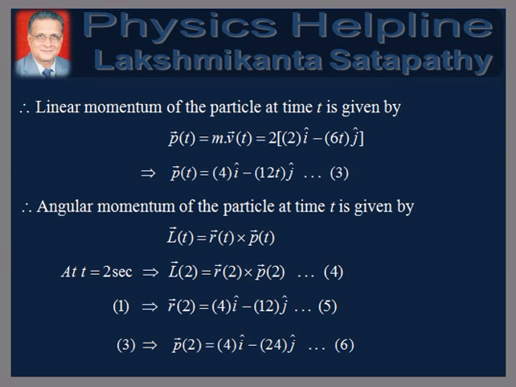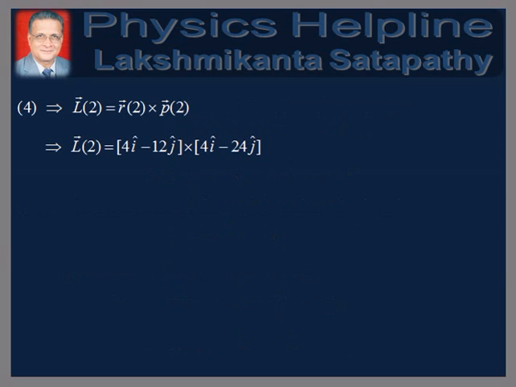Putting t equal to 2 in equation 1, we get r(2) = 4i cap minus 12j cap, and putting t equal to 2 in equation 3, we get p(2) = 4i cap minus 24j cap. Equation 4 implies